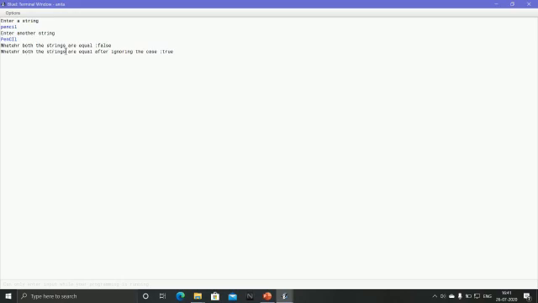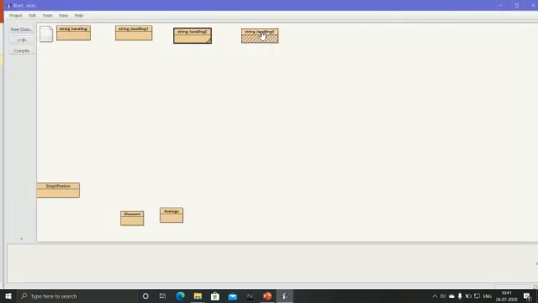But in the second we are checking whether strings are equal after ignoring the case, so this is true because the characters are the same, pencil and pencil, only the cases are different. This is in lower case and this has some characters in uppercase and some in lower case, so in the second we are ignoring the case, so it will be true. In the first we are not ignoring the case, we are finding only whether the same pencil is here or not. Then close this.